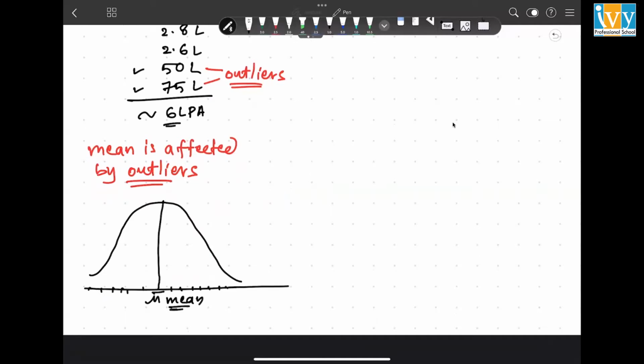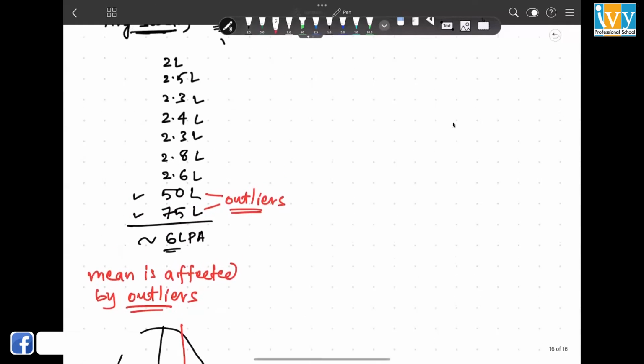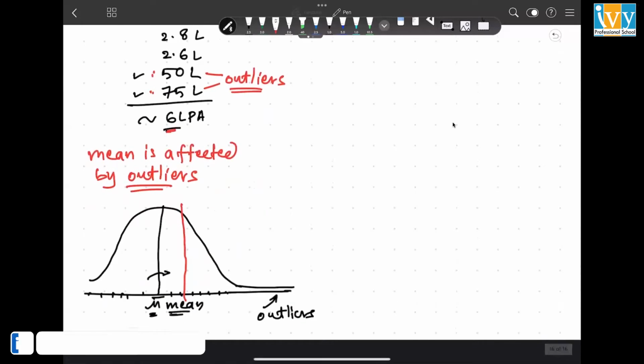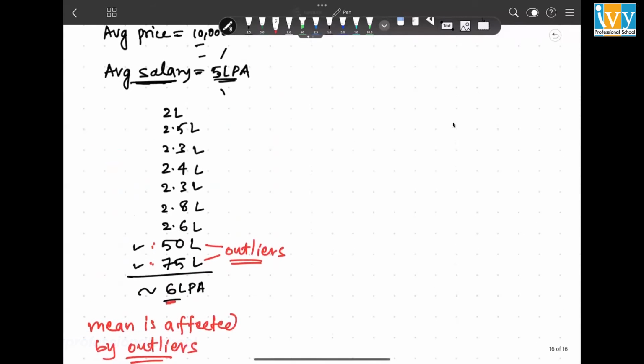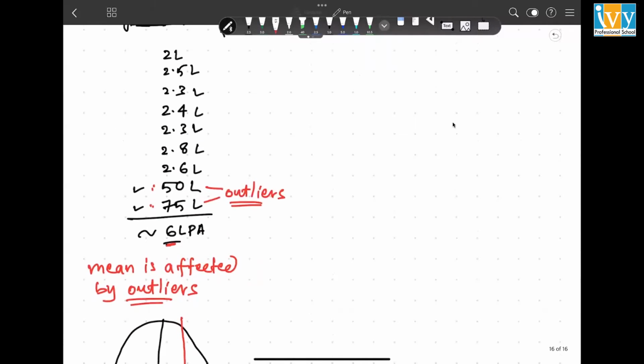If there are certain outliers, then what will happen to the mean value? Mean will shift towards the outliers, because if you sum up the outliers into the same set of values, in the end you are going to get a larger number as the average. The average will be inflated, correct? So the mean value shifts over here because of outliers. So mean is affected by outliers. That is the message. So then mean is misleading. What do we use instead of mean?